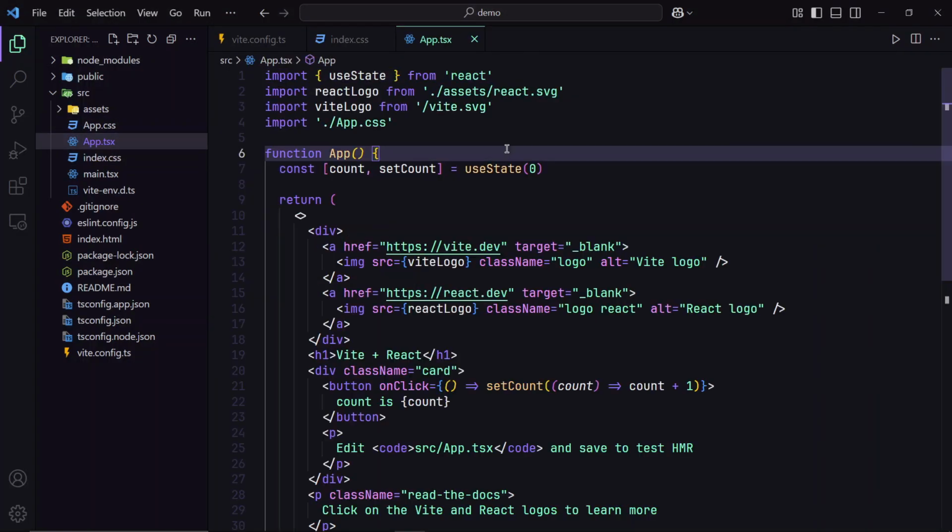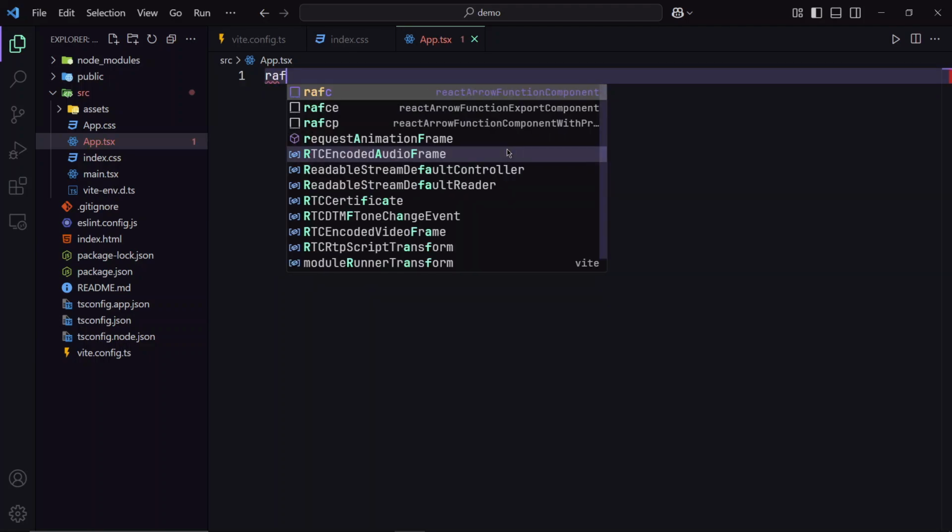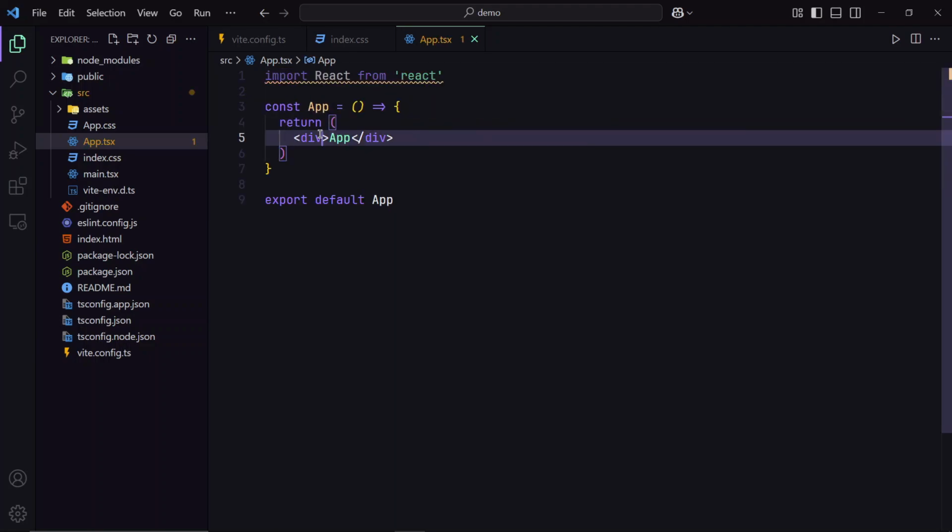Open App.tsx, Ctrl A, delete. Let's create a React functional component with rafce. Now let's add some className,